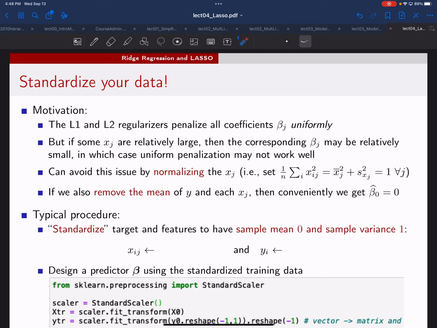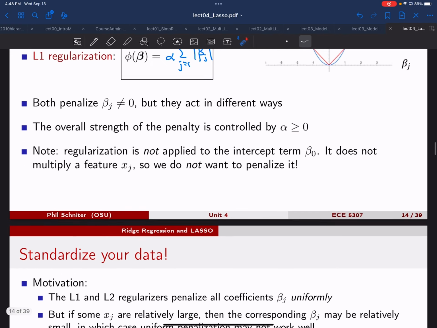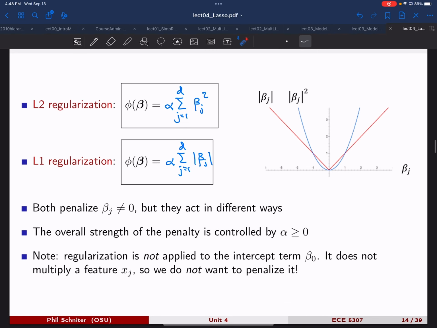It makes the coefficients beta smaller or bigger, but the actual prediction doesn't change. Well, now we're not just minimizing RSS, we're also using these penalties. And the thing about these penalties is that they treat all the different beta coefficients the same. And so as a result, this is only going to work well if all the beta coefficients are at the